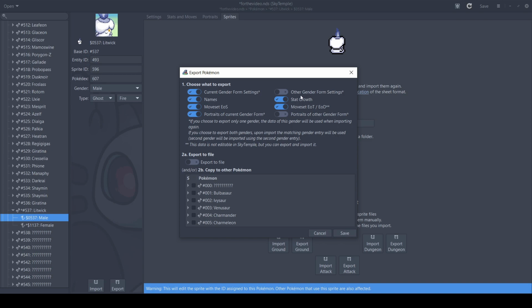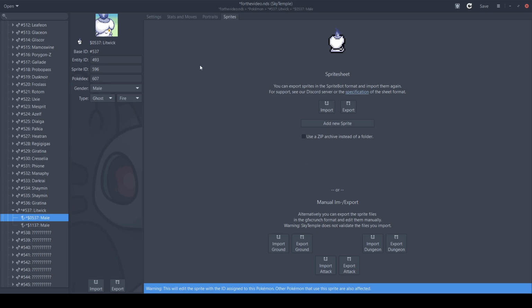So if my female was something that had no data on it, which it originally was because it was Arceus Steel, right? It would essentially just put the Arceus Steel stuff back on if I were to keep both these enabled. So remove those checkboxes, then copy on other Pokemon, scroll down to Litwick, then pick female, save, and